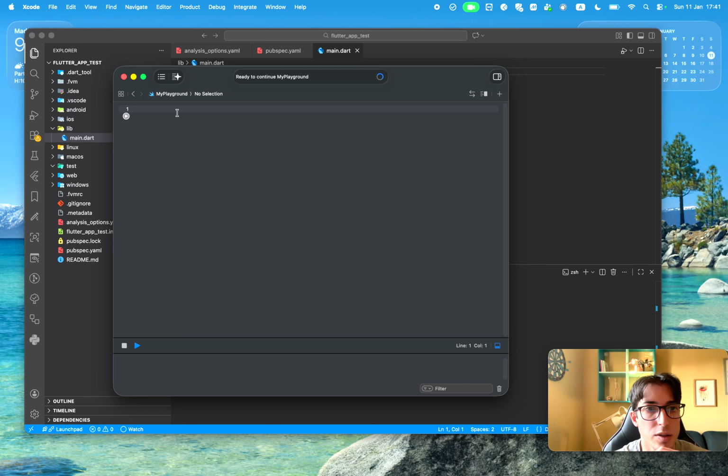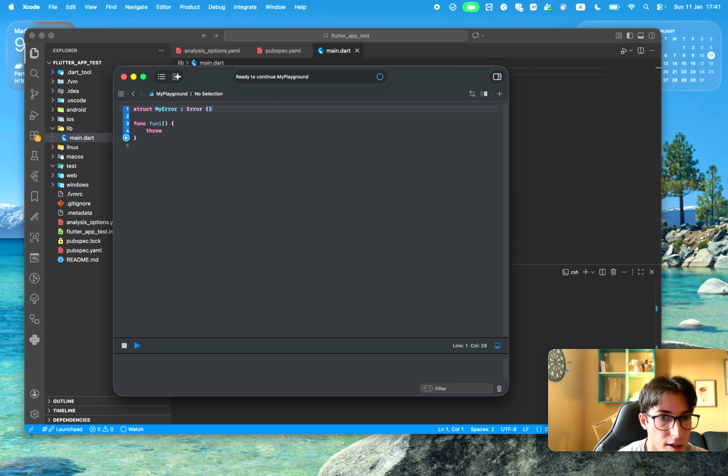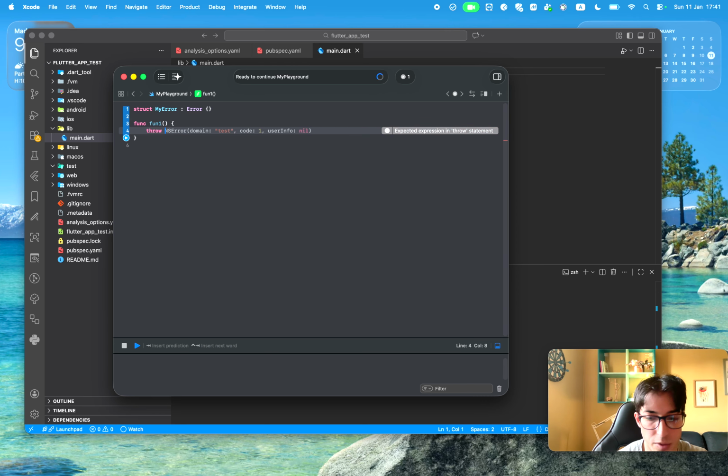So the first thing, imagine that you have a function, and this function just throws an error. So if we create a function, this is Swift, this is not Dart, so this is the Swift playground, and let's try to create a function. So the first thing that we are gonna do is just to create a simple function, function1, and then here we are gonna say that this function is going to throw an error. So let's create an error here, an error class, or in this case a struct, which is gonna be something like, I don't know, MyError, and we are gonna implement the protocol, which is gonna be Error, and that's it. That's the struct. Then we are gonna throw that error here, MyError,